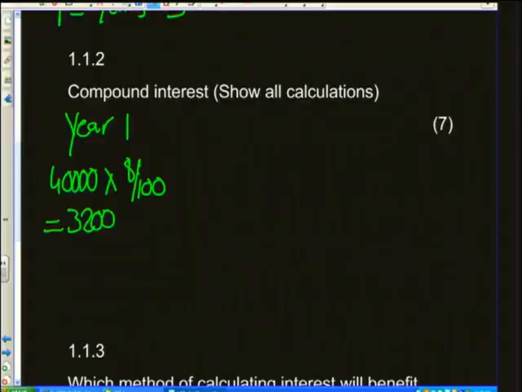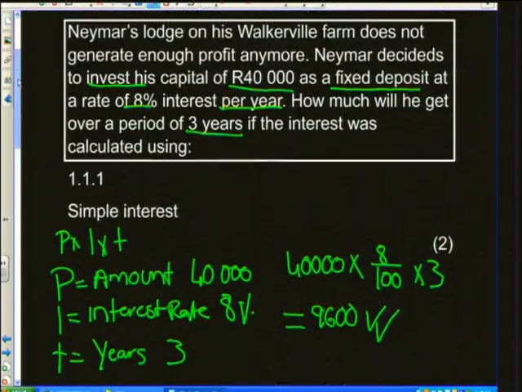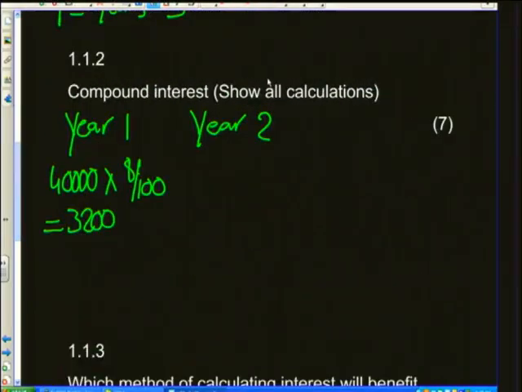Remember the thing about compound interest, where it's different from simple interest, is that we earn interest on our interest. In the first year, we didn't earn any interest on our interest because there was no money to earn that on. However, in year 2 and year 3, it's going to be a little bit different. We've got our answer for year 1. Now what you need to do for year 2 is take the capital amount, which was this amount here, and then plug in the answer there.